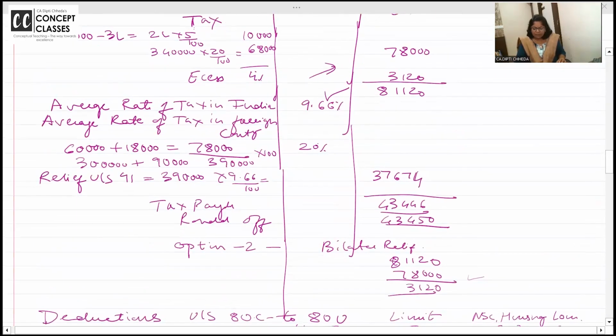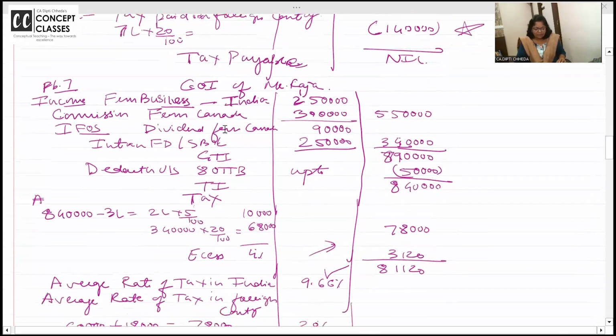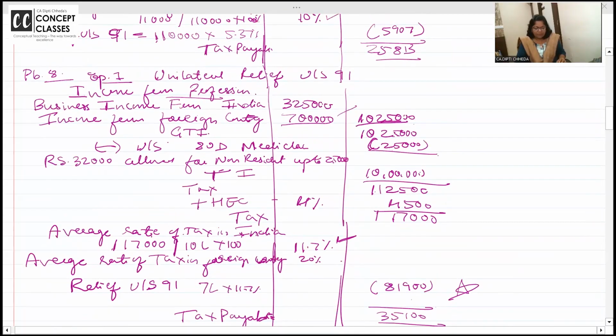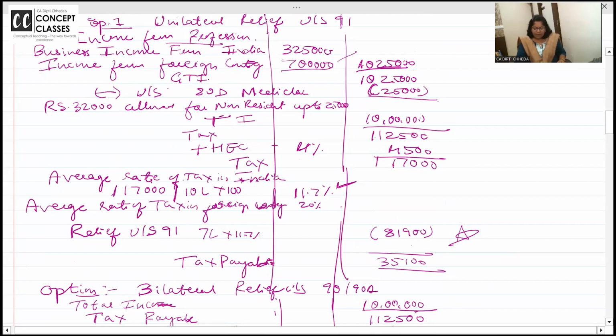कल किया था ना दोनों मेथड से. प्रॉब्लम 8 देखो स्क्रीन पे. एवरेज रेट ऑफ टैक्स ऑफ फॉरेन कंट्रीज 20%, बट इफ द इंडियन टैक्स इज 11 पॉइंट्स, उतना ही रिलीफ मिलेगा. बट मैम मैंने तो 20% पे कर दिया है, लैप्स हो जाएगा. अभी ये देखो, नाउ 8 प्रॉब्लम,